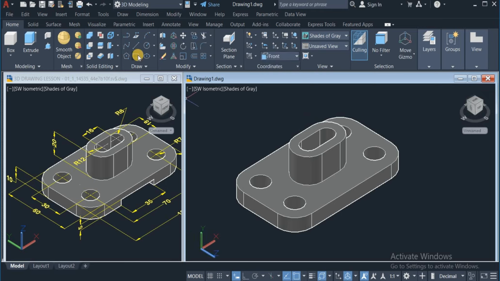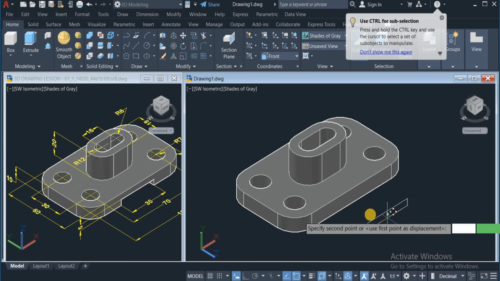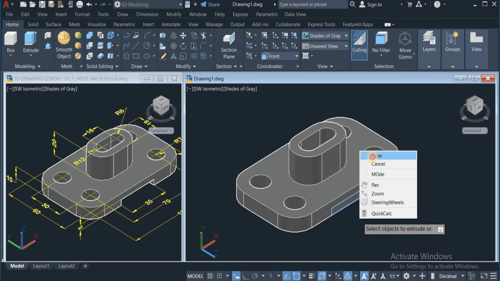I can now draw a rectangle of 35 by 5. Click on 35 by 5. Okay, so I will move this rectangle from the midpoint at the bottom and drop it at the midpoint of this. Okay, so again I'm going to use the extrude command to extrude this very rectangle. So come over to the modeling panel, click on the extrude, then click on this rectangle, enter, and pull it